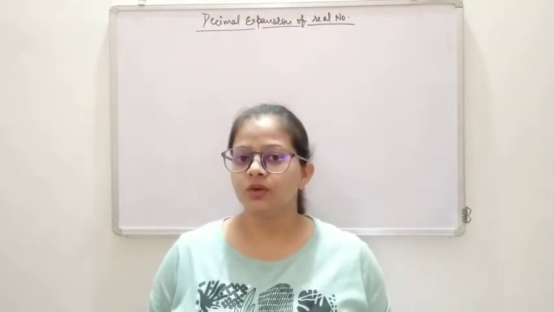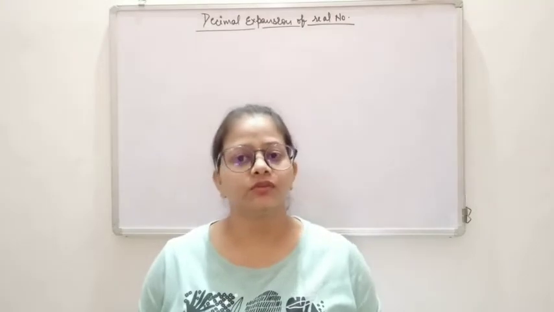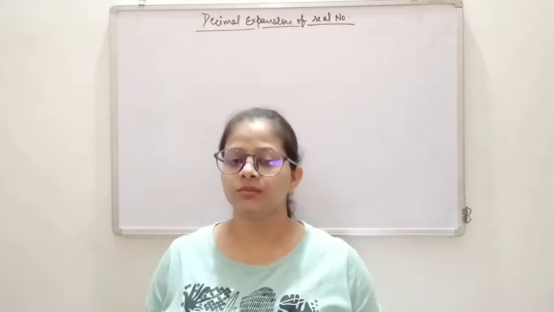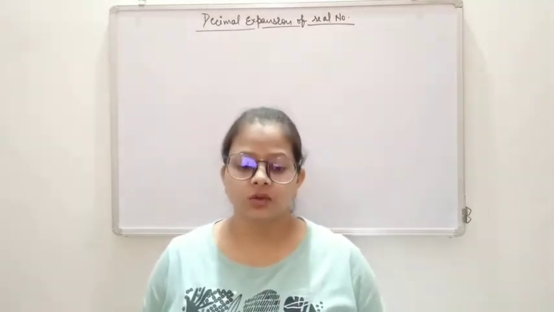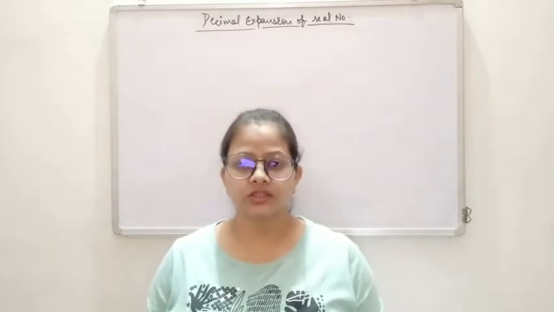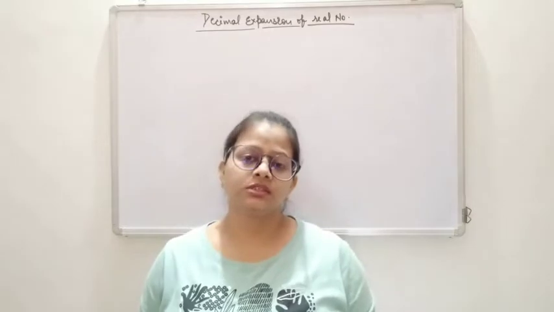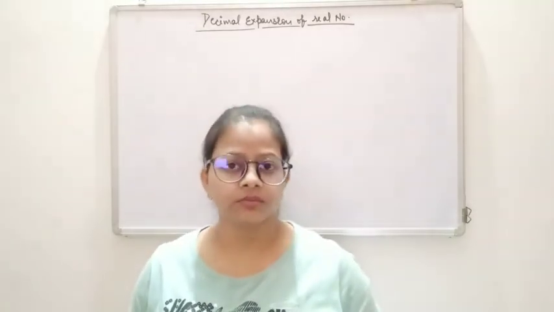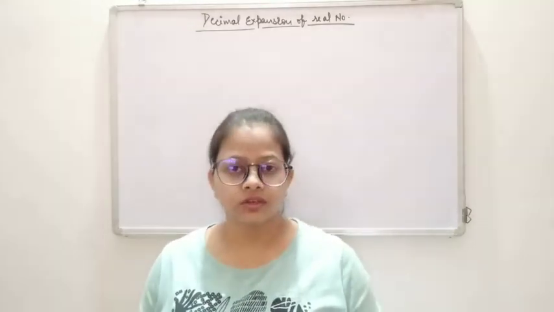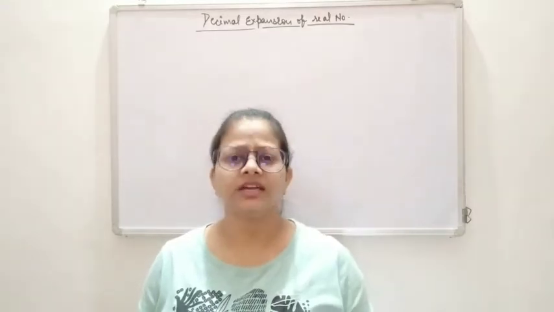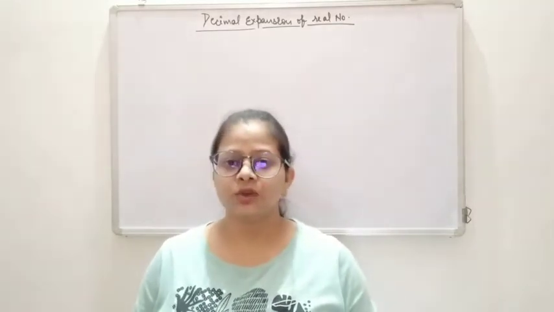So in the previous video, we discussed all the types of real numbers and how to show these numbers on a number line, right? I hope you all have practiced the questions related to the topic. So in this video, we are going to discuss the decimal expansion of real numbers, some operations on real numbers and some identities related to it. Clear? So let's get started.